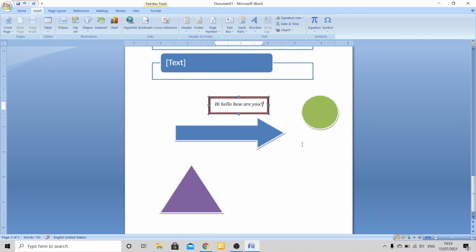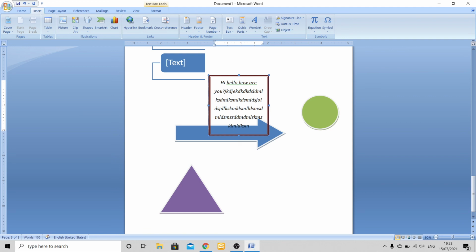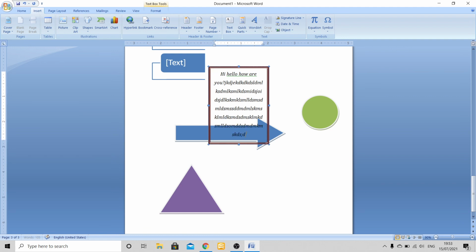Like this is called your text box. And whenever you keep writing something, the text box increases its space, it increases its size according to the text which you write.